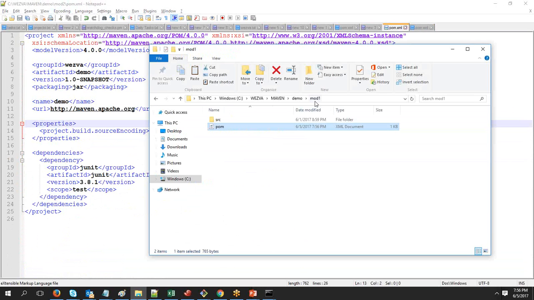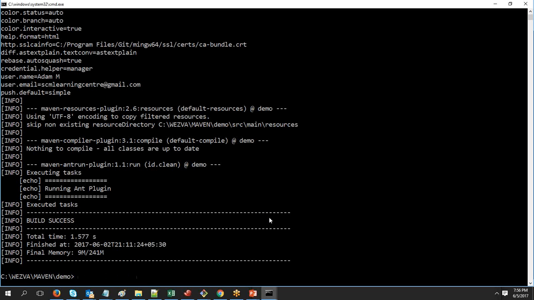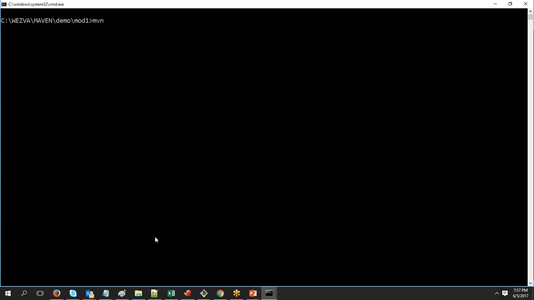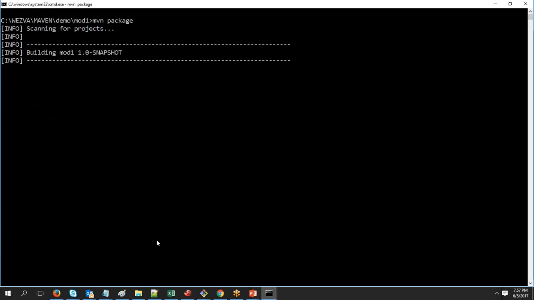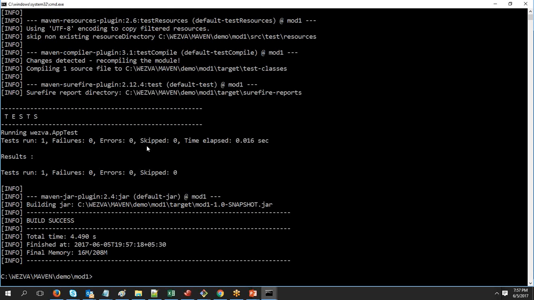So if I want to do the build of module 1, then I'll go inside module 1, because we always have to run Maven from the same directory where you have the pom.xml. So in this, we will say Maven package, and it is going to consider the files only under the module 1 folder. Based on that, it is going to compile, and correspondingly, you will get a new jar file that is module 1-1.0 snapshot. Same way, if you want to build module 2,